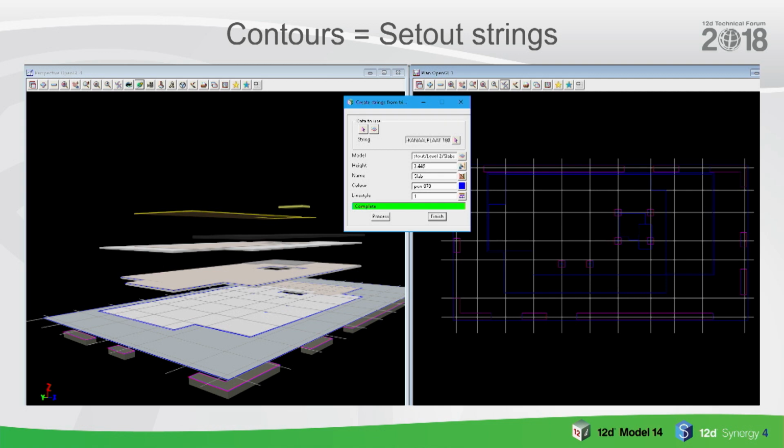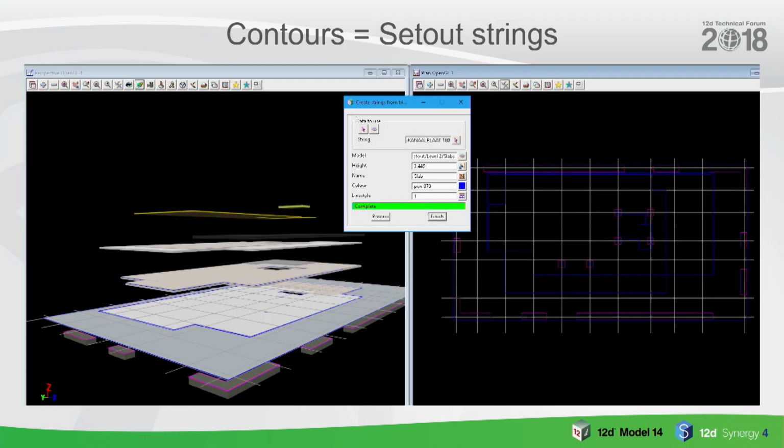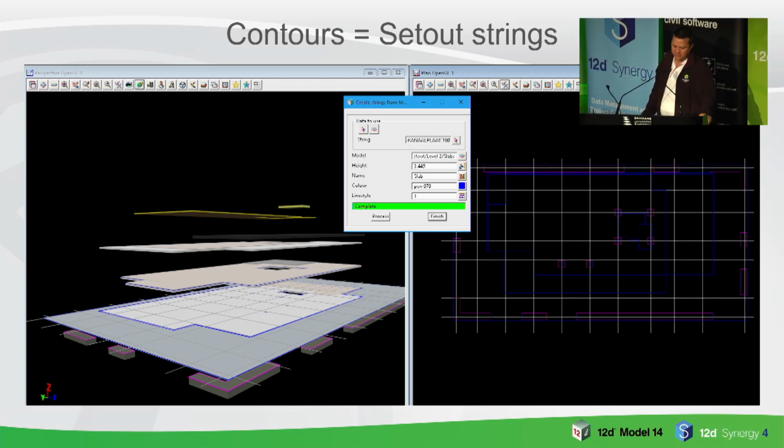So what I did is I simplified the contour tri-mesh panel, and you've got a lot of settings in there, model for contour, increment, blah, blah, blah. But all I care about is I want one contour at one height. So that's what we've got here. You can pick a tri-mesh or a model of tri-mesh, give it a model name, and then tell it the height that you want to contour. And you can see that I've gone 1 millimeter less than my actual slab level. So my slab level is actually 3.55. I've just come down 1 millimeter and said just contour at that height,